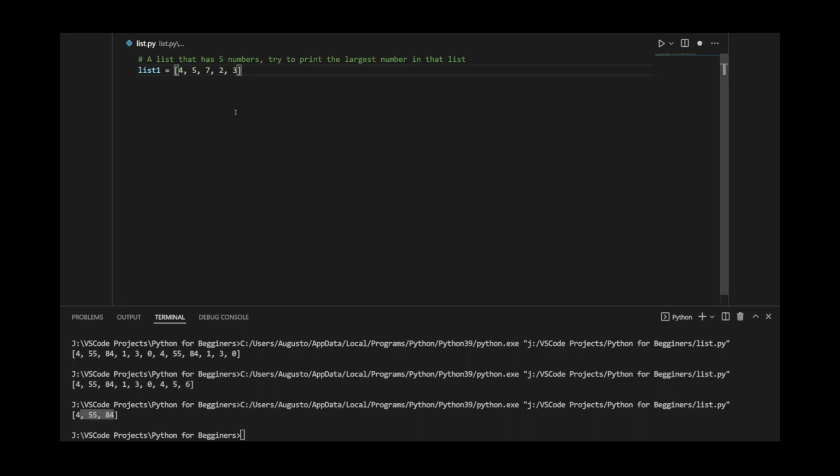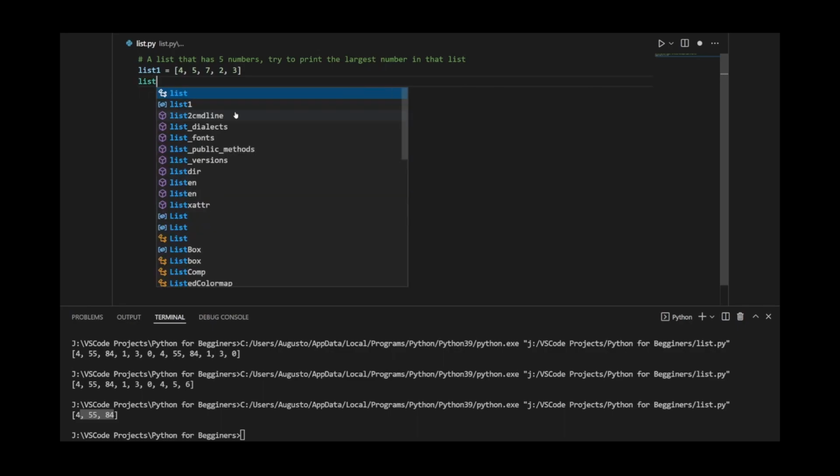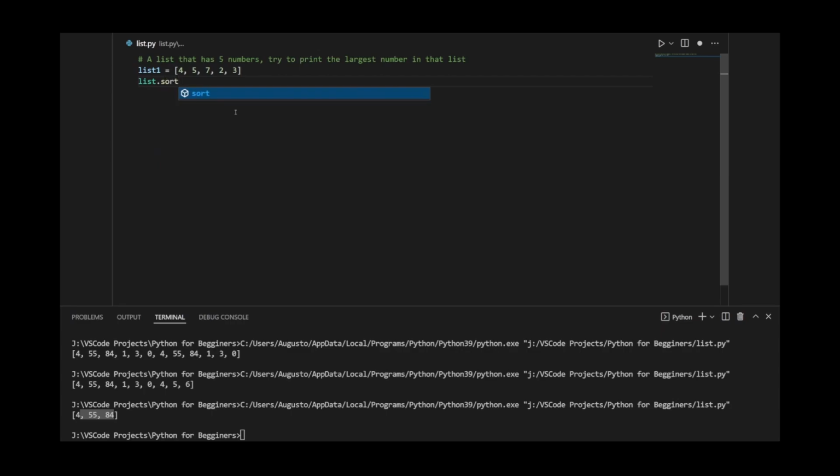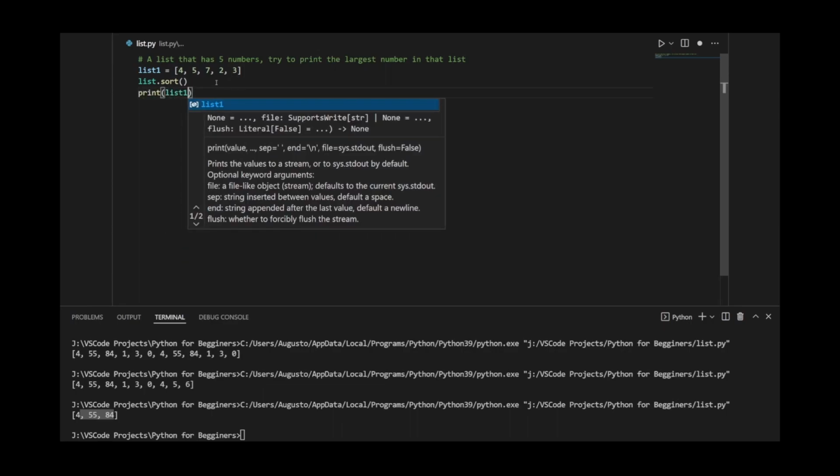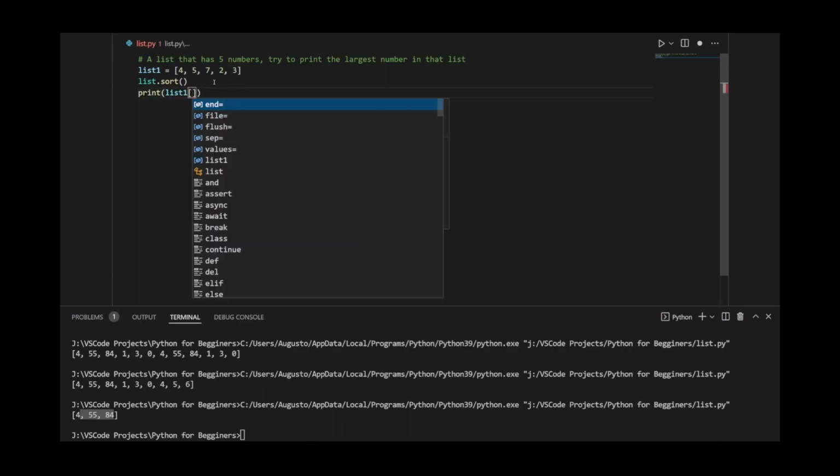Okay, so if you're able to do it, congratulations. My solution, and bearing in mind that there could be multiple of them, the way that I did it is by first sorting the list, meaning that now this is going to be organized in ascending order, and I want to return the last value on the last index because that's going to be the largest number. The way to do that is, well, I know that this list has 5 elements, so